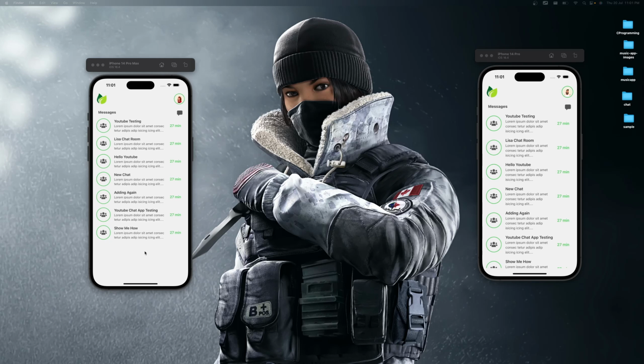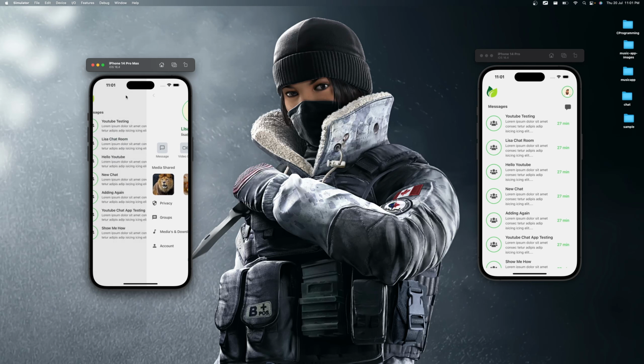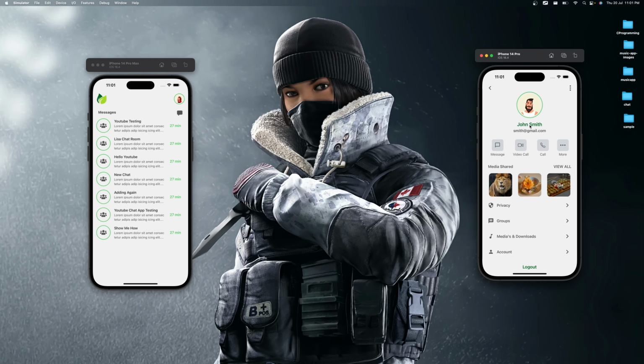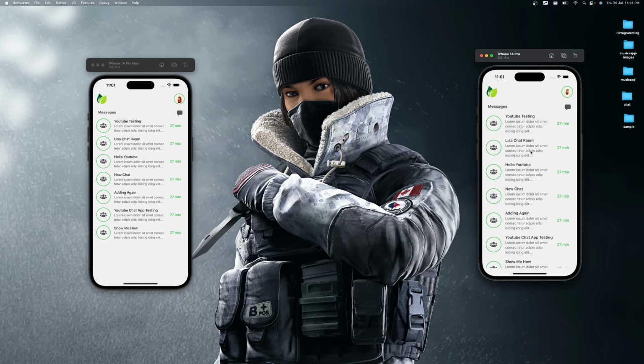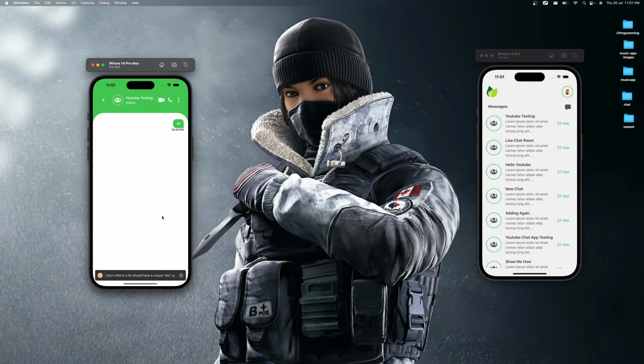So you can see here we have two different UI screens, logged in as two different users. One is logged in as Lisa, and the other is logged in as John Smith. I can chat with these two different users in the same room, let's say